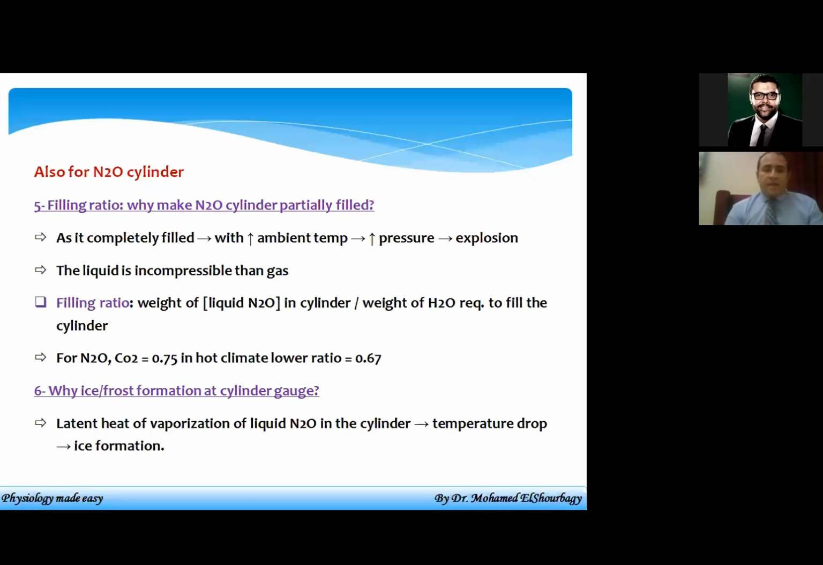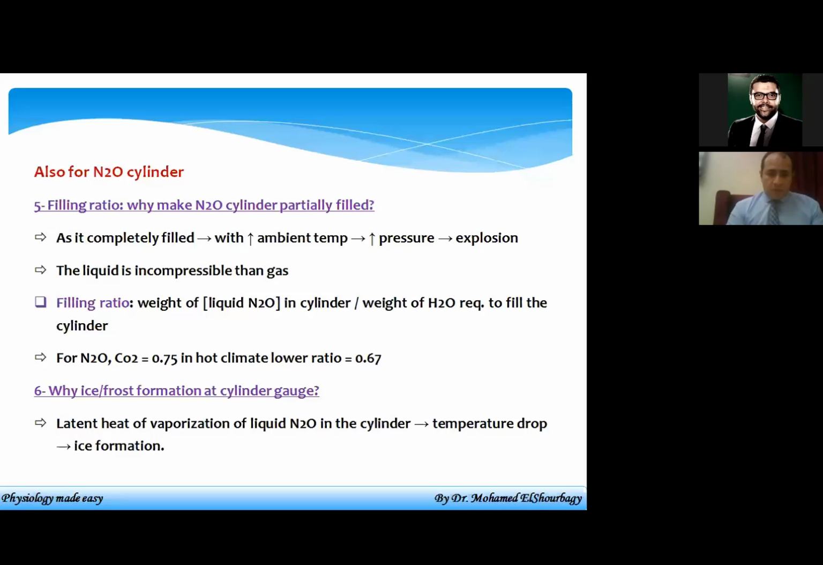We return again to the physical characters of the nitrous cylinder. There are 6 important physical characters. Number 5, filling ratio. Why is the nitrous cylinder partially filled? If completely filled, an increase in ambient temperature increases pressure and causes an explosion, as the liquid is less compressible than gas. What is the filling ratio? The filling ratio equals the weight of liquid nitrous in the cylinder over the weight of water required to fill the cylinder. For nitrous and CO2, the filling ratio is 0.75 in hot climates